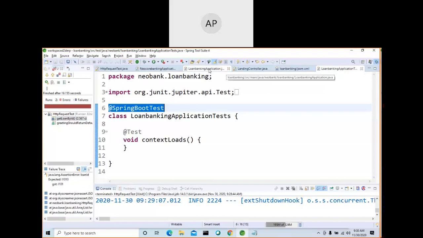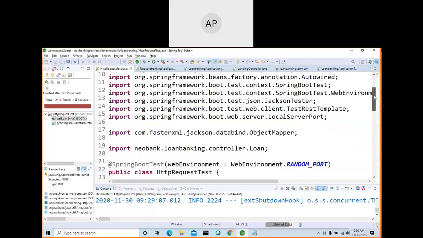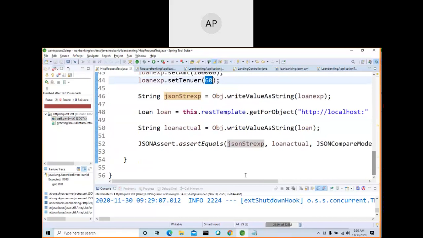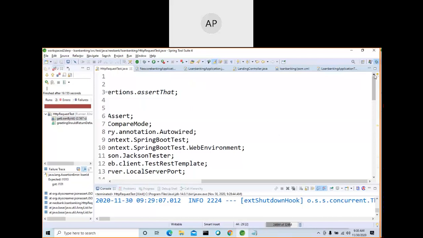So like this, we can see what is the expected value and what is the actual value. Based on that, if you have 10 methods and you write all Spring tests, then you can test whether your logic is performing as per your expectation. Spring test is very important. And anyway, I will give some more examples also. Now we created one REST API and we tested it by using Spring test. That's the major takeaway of this particular video. HTTP test, this one. So that's all, I used Spring test and this is the code.